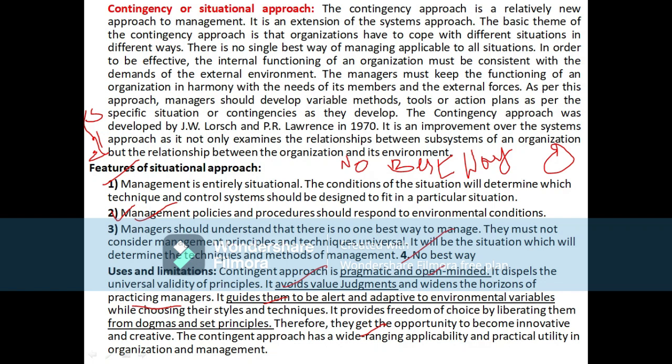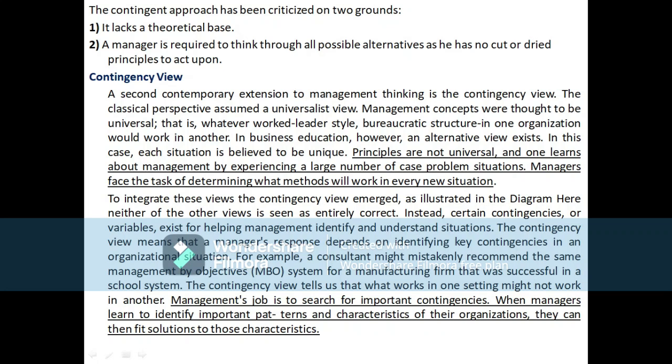Okay, then the contingent approach has a wide-ranging applicability and practical utility in the organization and management. Okay, then if you see what are the limitations, these two are the limitations. One is lacking of theoretical base. We don't have any theory, it only depends upon the situations, but we don't have any theoretical base for that. Likewise, a manager is required to think through all possible alternatives, because if at all there